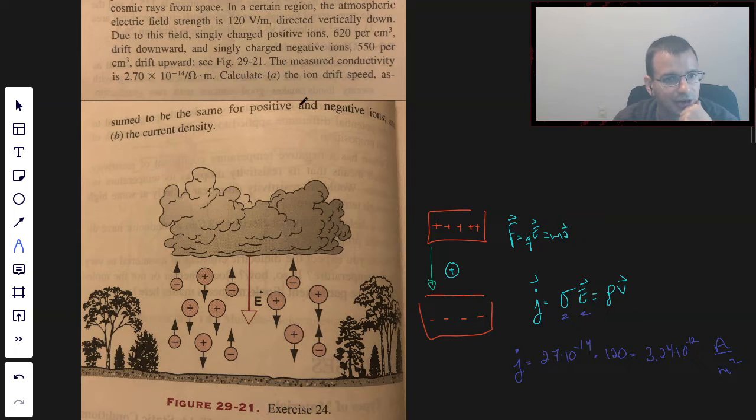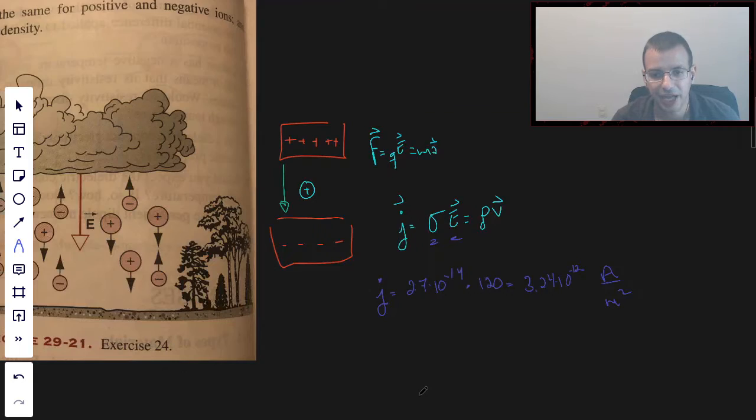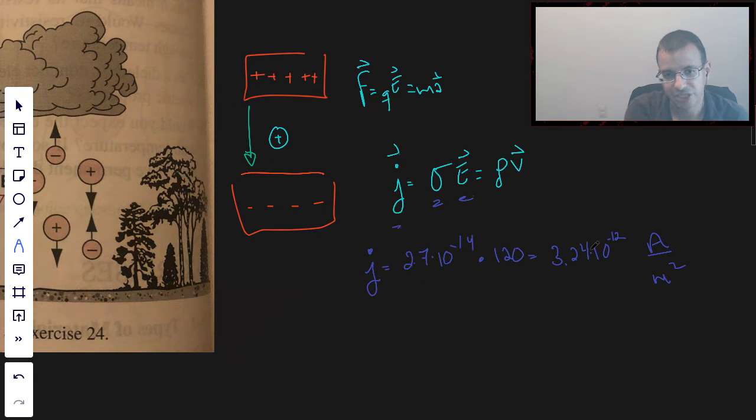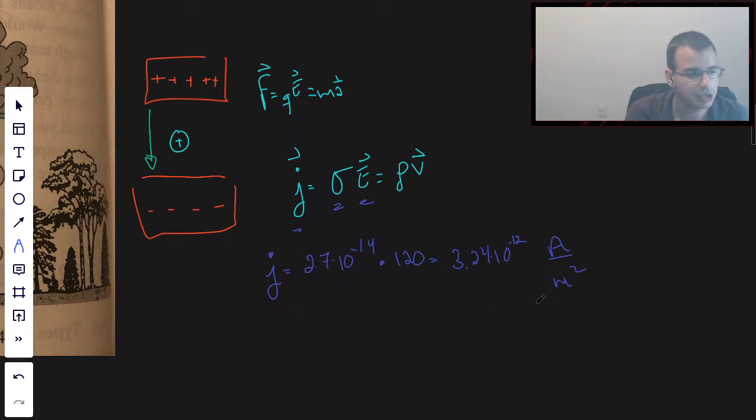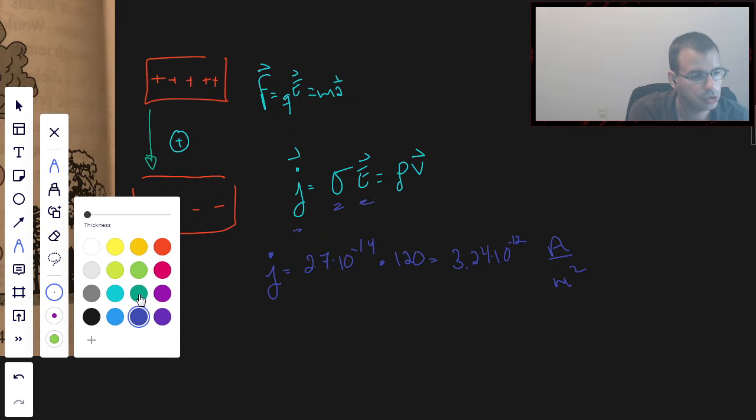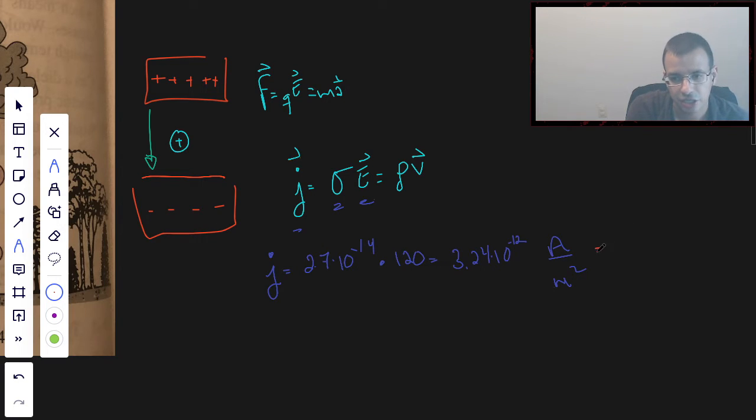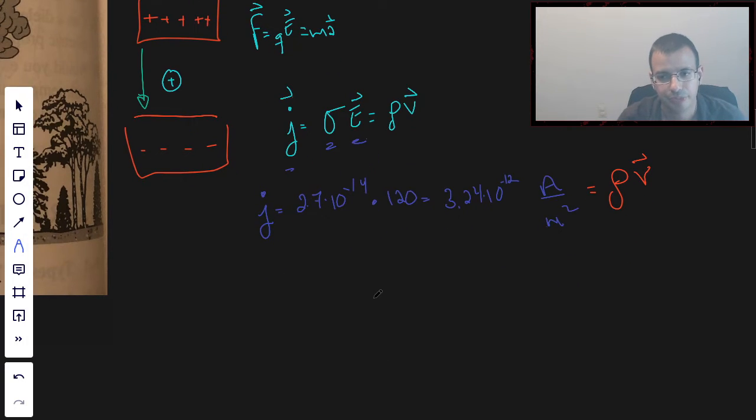Not important, irrelevant, because it's not the speed of light, it's current density. So now we're going to find the ion drift speed. We now know the current density. We're going to set that equal to the density times speed. Therefore, the drift speed is going to be the current density,